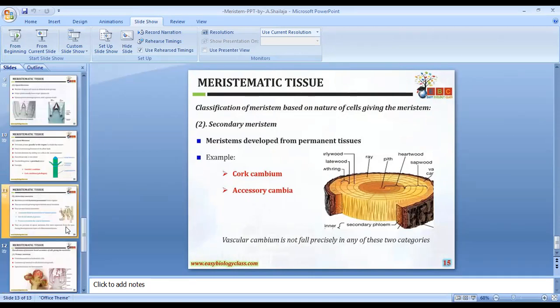Okay, these are the meristematic tissues, based on the position and based on the nature of cells. Okay, next we are coming to the